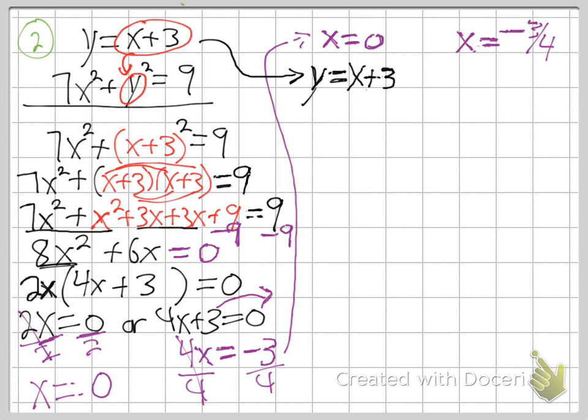Plug that in for both equations. All right. So I'm going to plug in the 0 right there for x, and plug in the minus 3/4 right there for x. So what do we get then? We get y equals